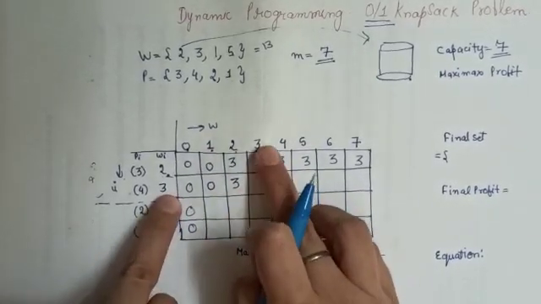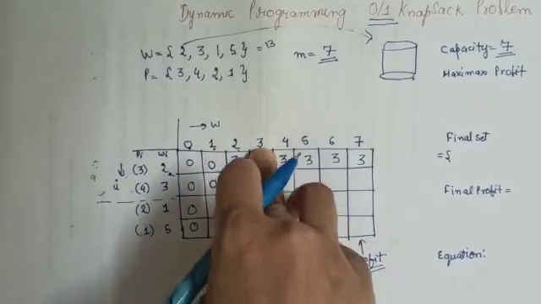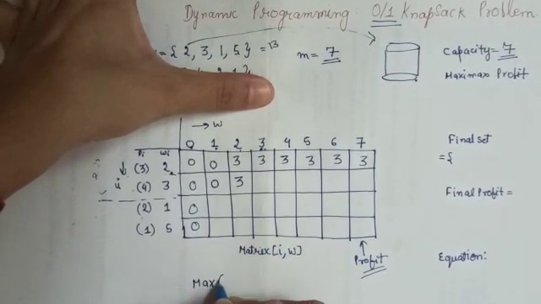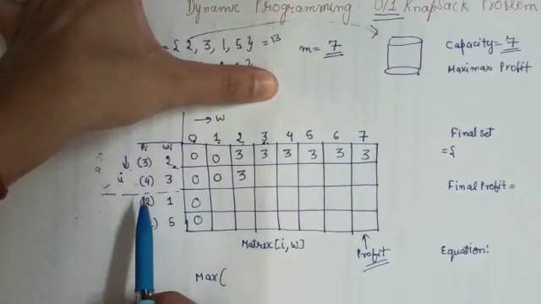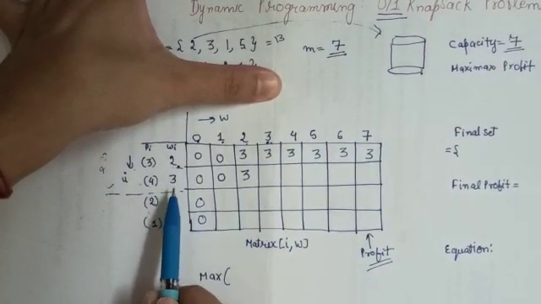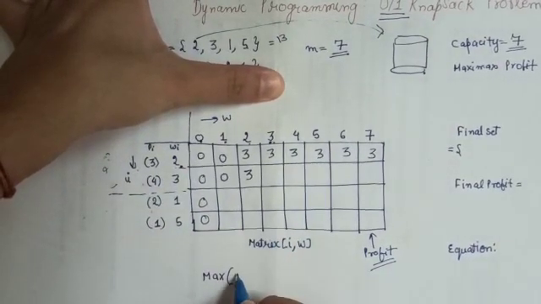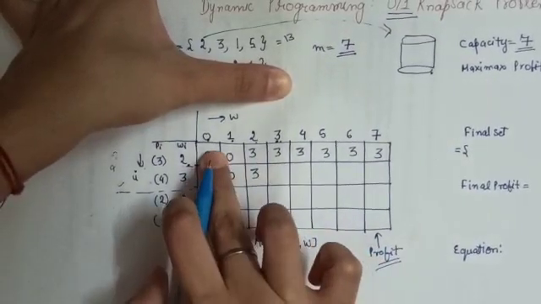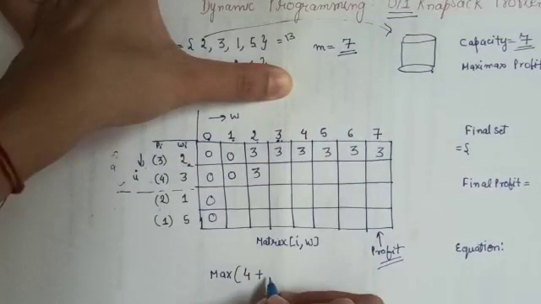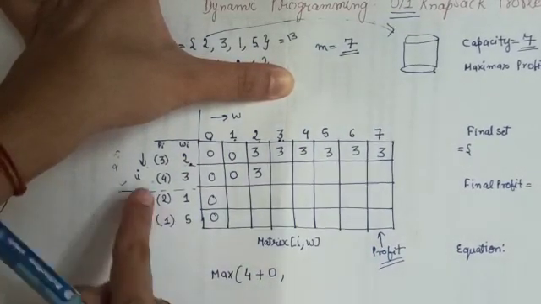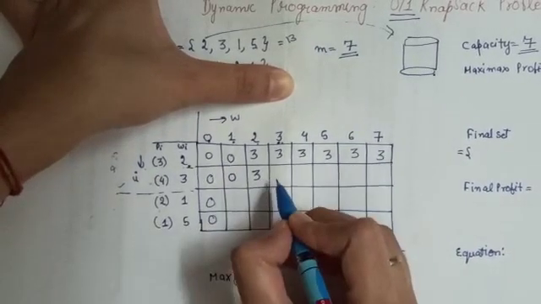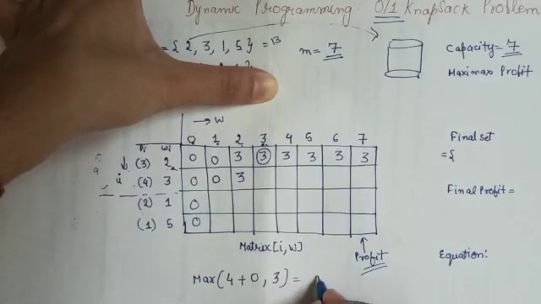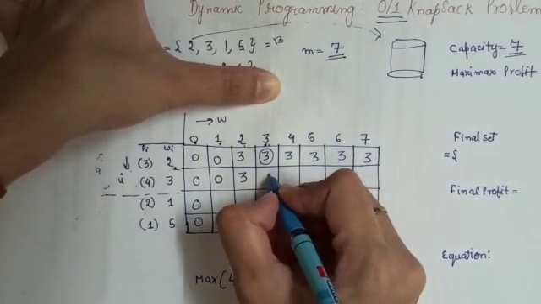Now here it is equal, right? The capacity of the bag and the weight of the item are equal. So what we will do is write the maximum of: the profit if I include this item, that is the item of weight 3, the profit will be 4, plus if I take 3 steps back, that is 0, I will come over here, the profit will be 0. Or if I don't include this element, the value will be this, so I will write 3. What is the maximum value? The value is 4. So the profit will be 4.